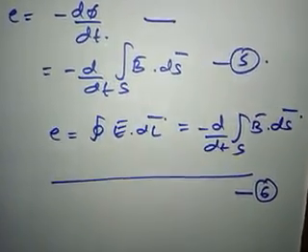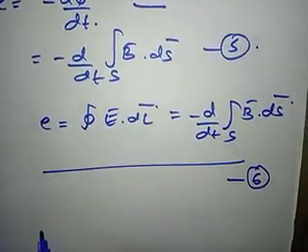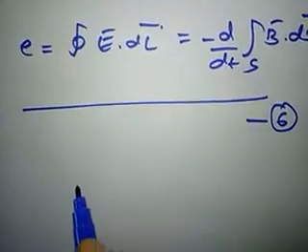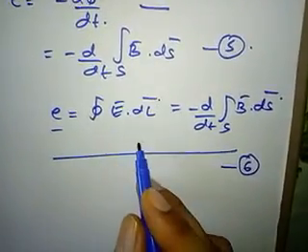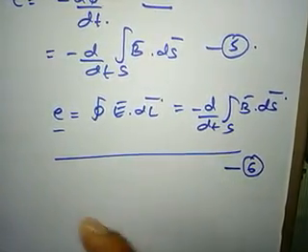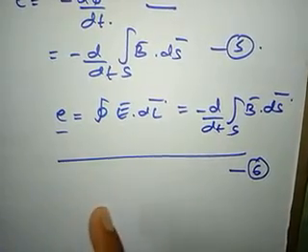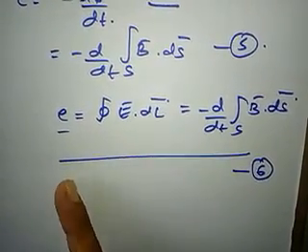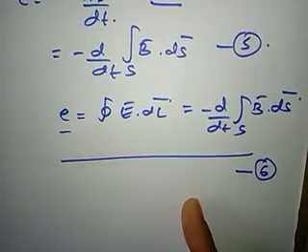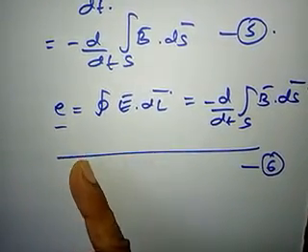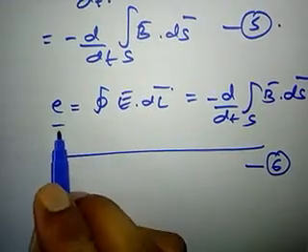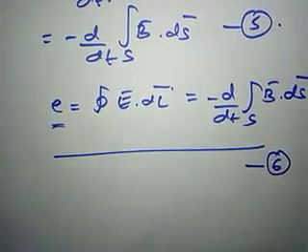So what does it indicate here? There are 3 points to be noted. EMF may be induced when the conductor is moving and the field is constant. EMF may be induced when the field is moving and the conductor is constant. EMF may be induced when both are moving, that is, when the conductor is moving and the field is also varying. These are the 3 observations we can make with respect to the induced EMF.